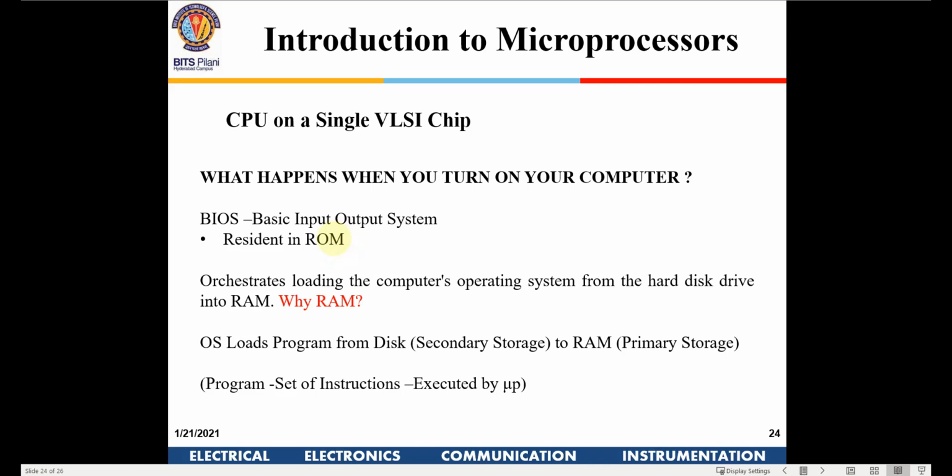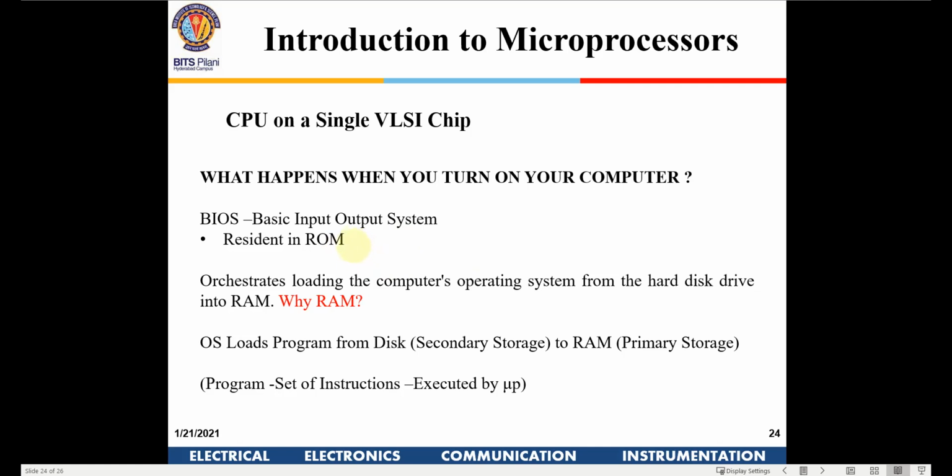Once you switch on the power supply, it will start reading right from the ROM memory location, where the instructions on which operating system is to be loaded are written, and it will go to those memory locations